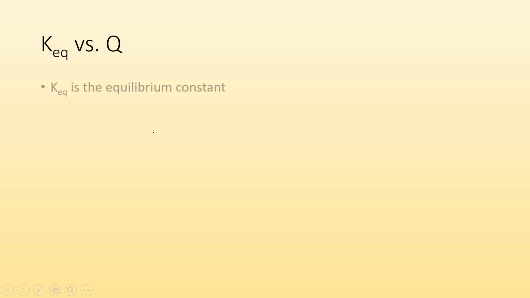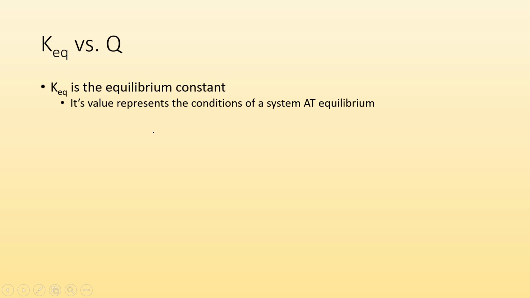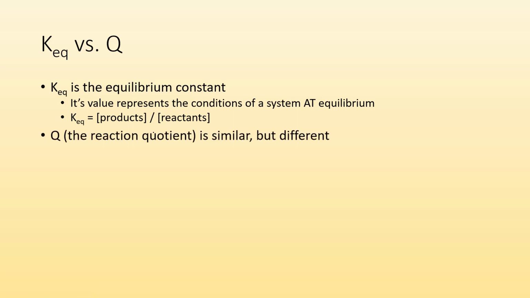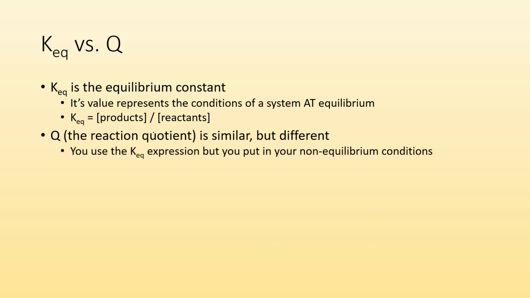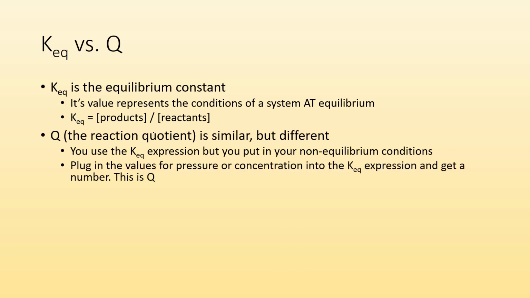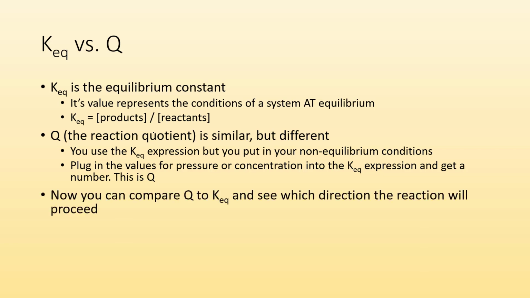So KQ versus Q. We know KQ is the equilibrium constant. Its value represents the conditions of a system at equilibrium. KQ generically is kind of like the products over the reactants to whatever power they need to be. Q is the reaction quotient, and it's similar but different. You use the KQ expression, but you put in your non-equilibrium conditions. So you'd plug in whatever values for pressure or concentration into the KQ expression, and you get a number. This is Q. Now you can use Q and compare it to KQ to see which direction the reaction will